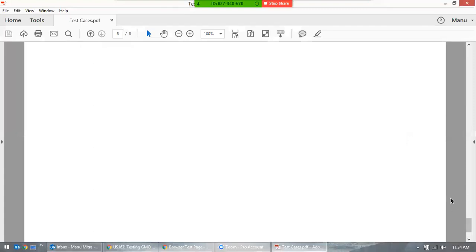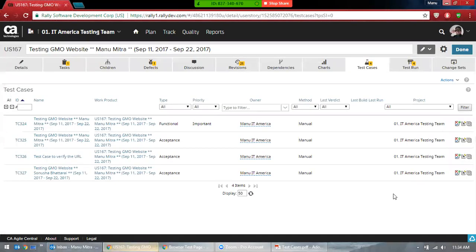I mean, this is not even required, because everyone has access to this Rally, so they really don't require anything. They know who the team members are. They know your name. Since they have interviewed you, they know your skills. What are you going to do? How are you going to do it? So they don't want any report on this, but just because